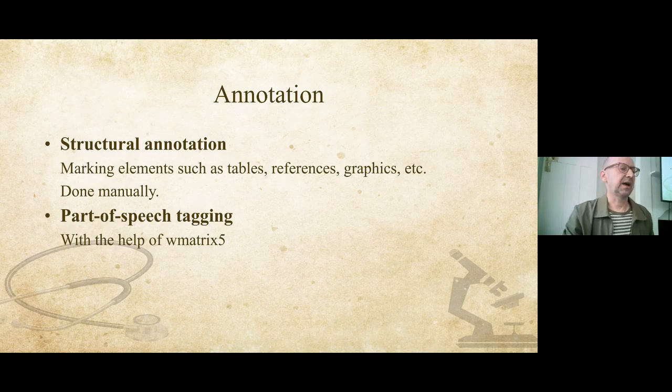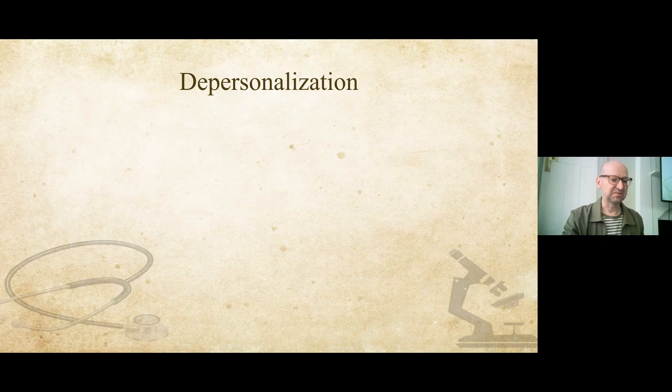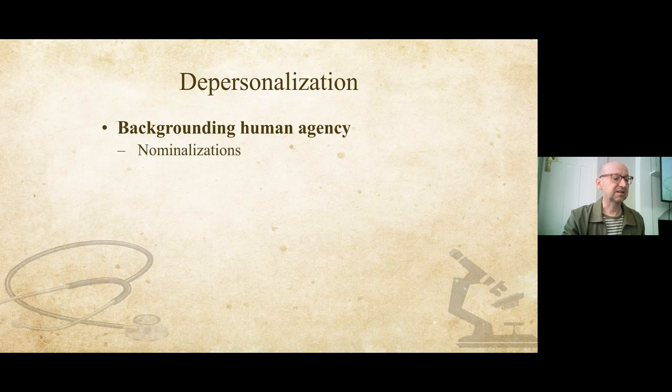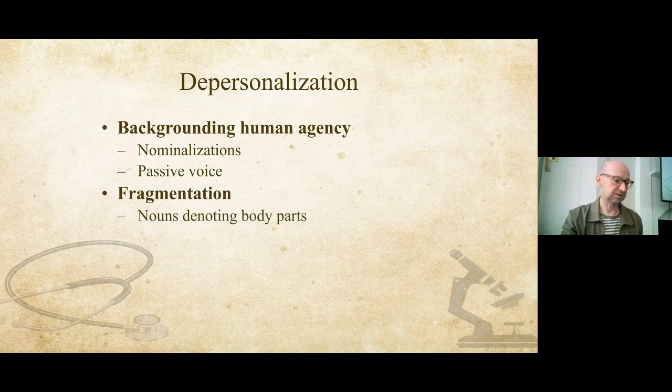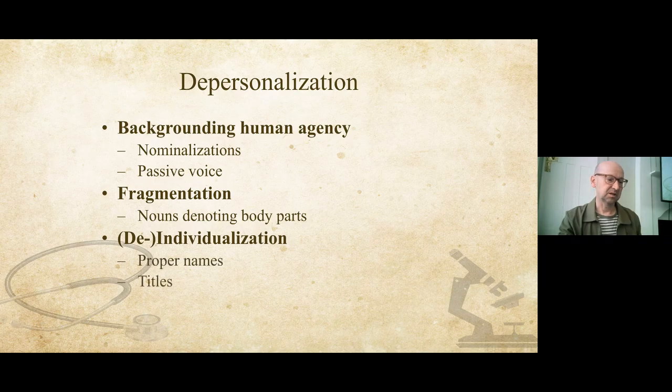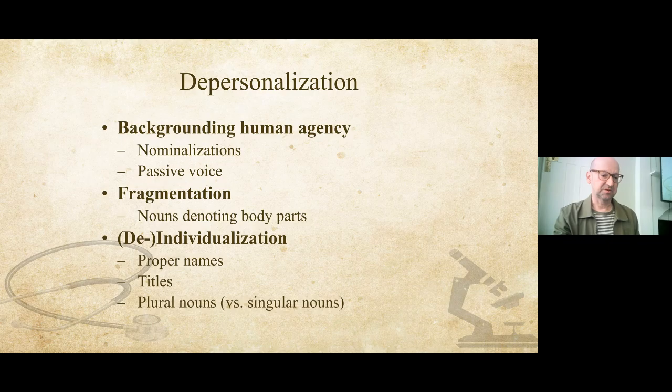And I looked at the following elements, and I tried to assign a certain number to each of these aspects that I mentioned: human agency, holism, individuality, and subjectivity. So, with respect to agency, I looked at nominalizations and passive voice. With fragmentation, I looked at nouns denoting body parts. With individualization, I looked at proper names, titles. That's more for the individualization, and for de-individualization, the relationship of plural nouns as opposed to singular nouns, and present tense as opposed to past tense,